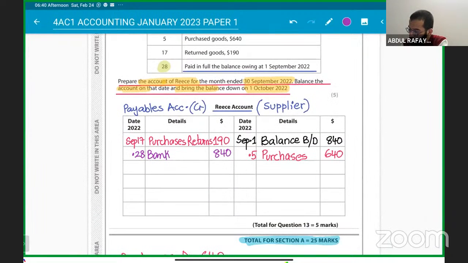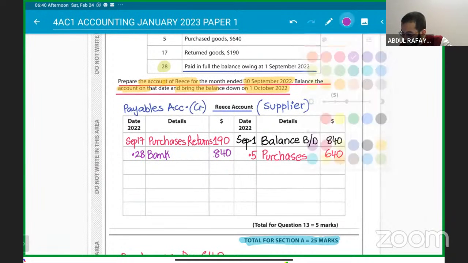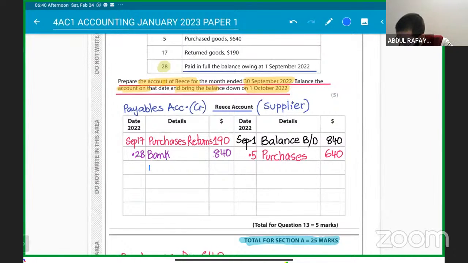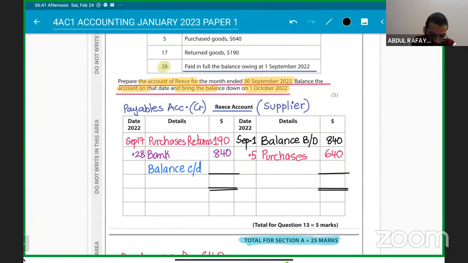And now you will have to close the balance. So you got 4 marks up till now: 1 mark, 2 mark, 3 mark, and 4 mark. Got it? The last fifth mark you will get by doing the closing of that. It's because it's a liability account, so it will be balanced. That will be 840. You can just close as well first. Do the balancing, okay? 840 plus 640. Write it down here as well. Understood? It will be 840 plus 640, which will be in the calculator